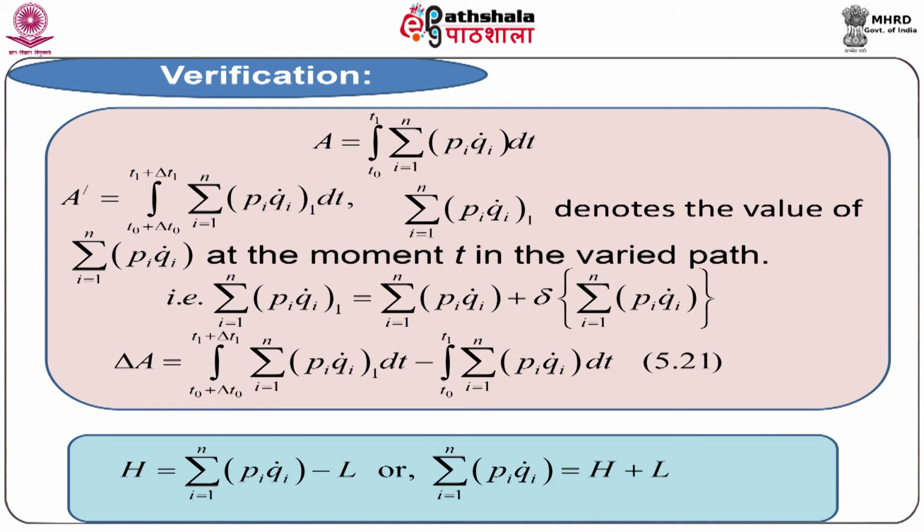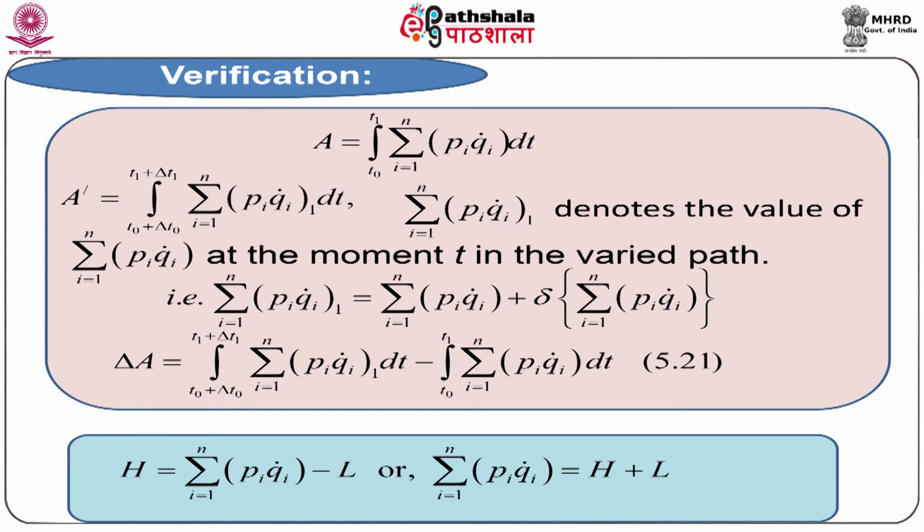Let capital A dash be the value of the same integral when taken along the varied path between the time limits T0 plus delta T0 and T1 plus delta T1,